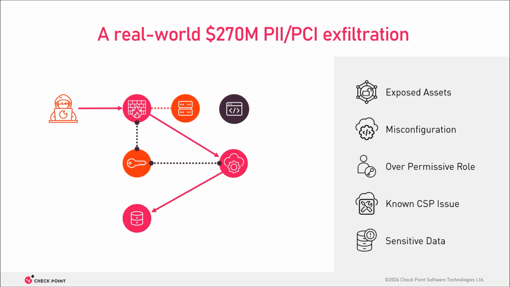But in any case, the attacker forged the requests and the IMDS did its job and gave the attacker access tokens to a database that contained the most sensitive data a bank can have. And this access request would have then been stopped by access configurations imposed by the CSPM and DSPM modules. And just by looking at the path and the list of issues on the side, you can see why CIEM